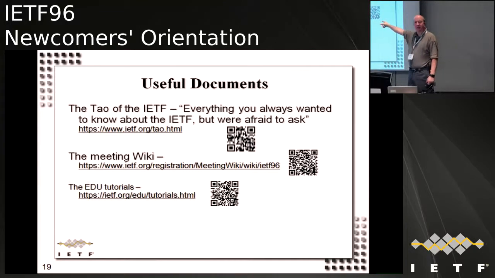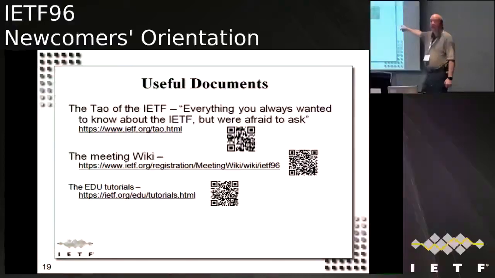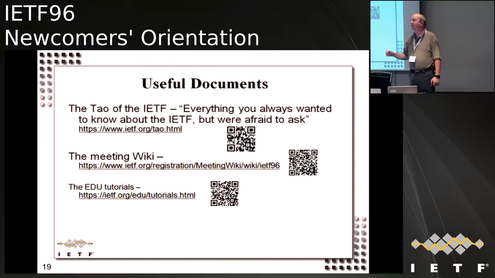Although I think it's probably time we updated it. The meeting wiki. There's one of these for every meeting. So this IETF 96 will change after every meeting. But for this meeting, this is the place you want to go. Most effectively useful if you're looking for somebody to ride with you to the airport or come back from the airport when you're getting here. But there are other things there, like the networking information stuff.